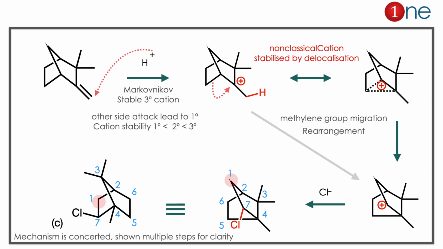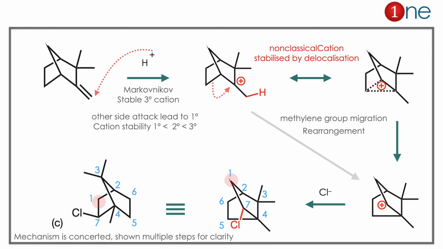In the starting material you have an alkene, and you are adding H+. H+ is the cation, and it attacks in the Markovnikov way. So a stable tertiary cation forms. For this cation there is a possibility of a non-classical carbocation. It has extra stability by delocalization. So there is a new kind of resonance, a sigma resonance.